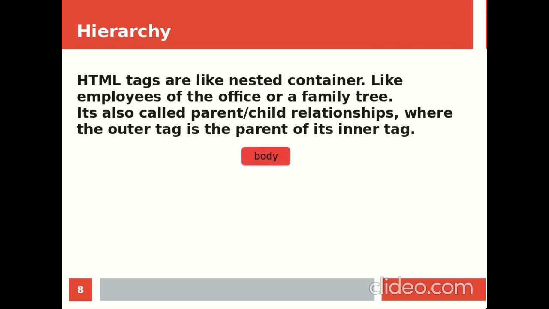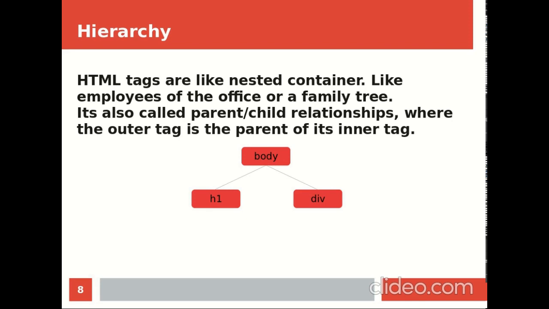For example, this body is the ancestor. Now H1 is the child of body. So here body is the parent and H1 is the child. Now we have another div. Body is the parent, div is the child, and you can understand the relationship between H1 and div now.